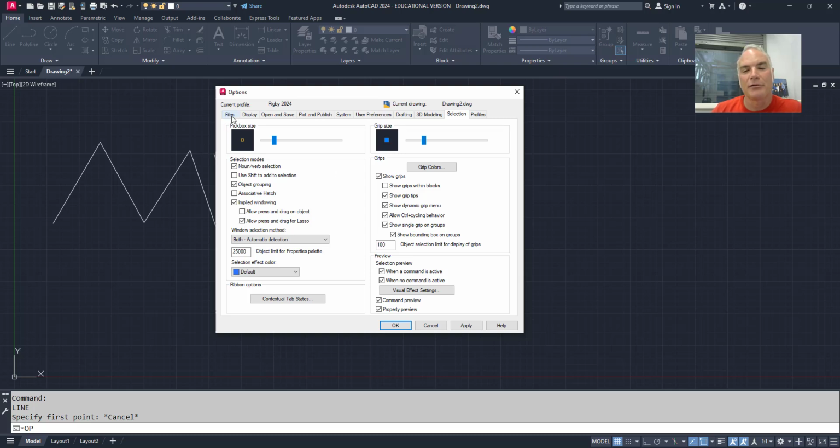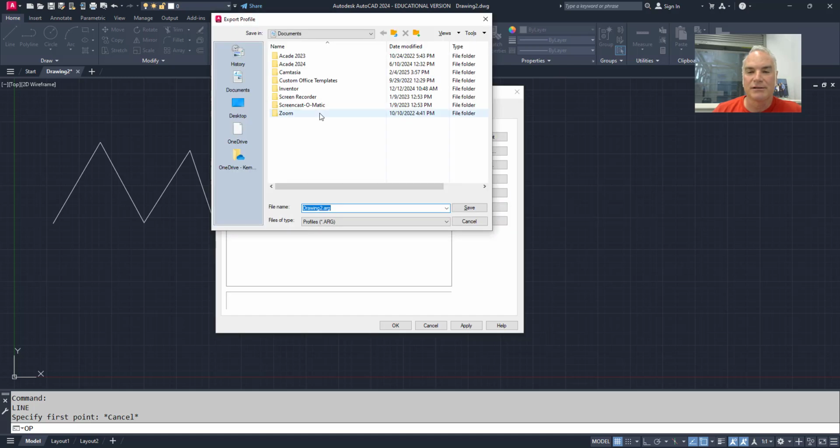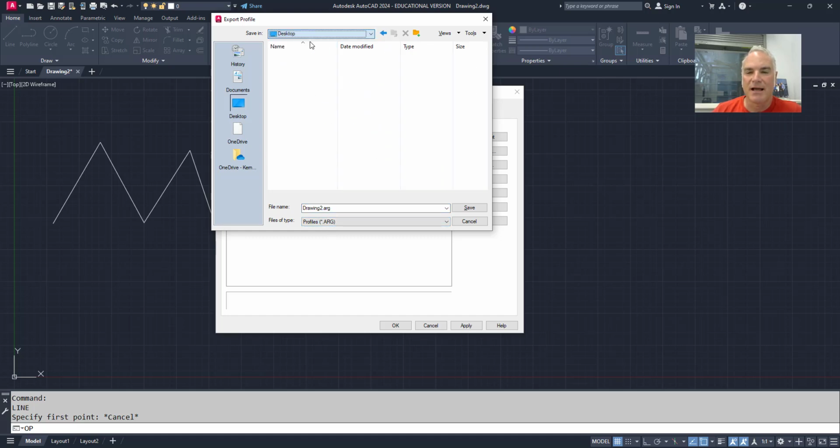Now, after you've gone through and you've changed the file location and your display settings and those kinds of things, it's nice to write all of this information out to a file so that you don't have to go through and make all those changes again. And you'll do that on the Profiles tab over here. So I've gone through and I've made several different changes. So what I can do now is export all of those changes to a file, and the file extension is ARG. So I'm just going to put this on my desktop to have a place to put it,